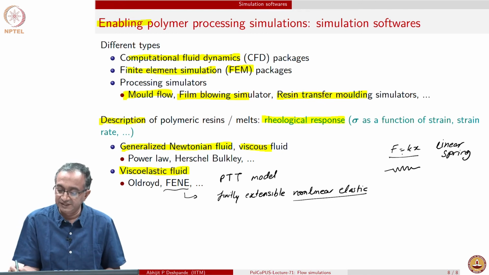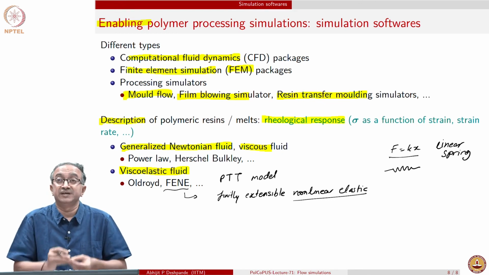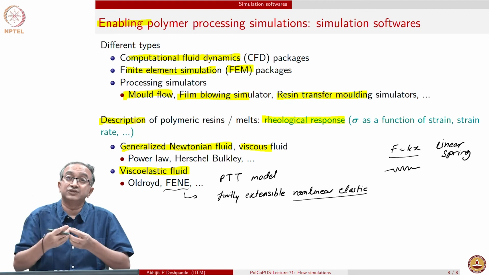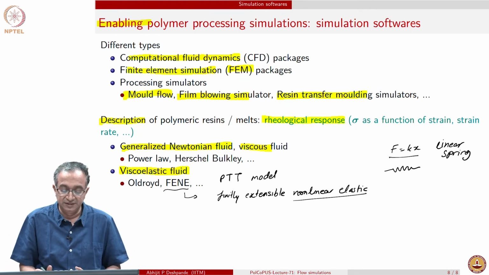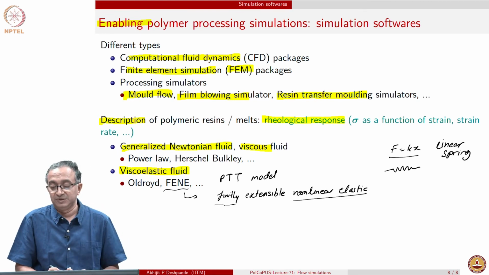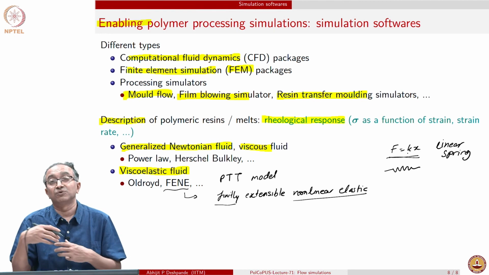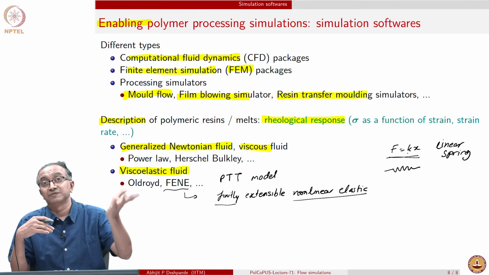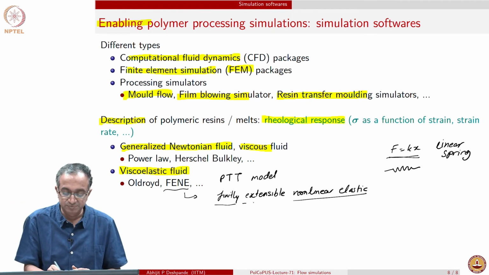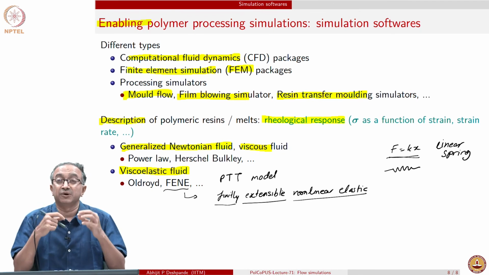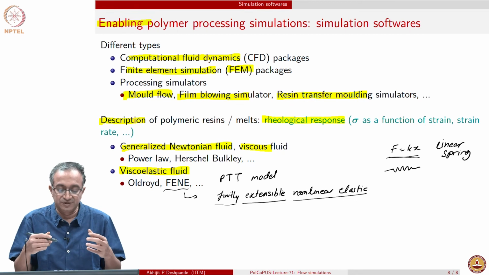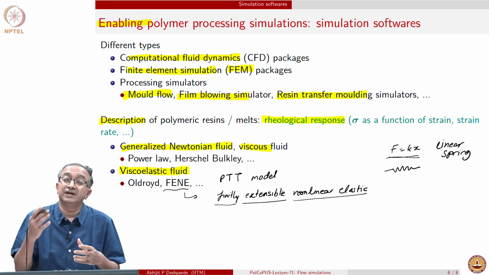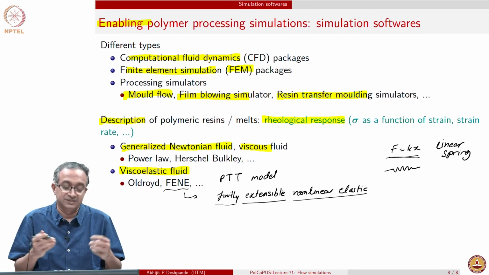So, we then use a nonlinear elastic spring, in which case the force increases as you go towards the maximum extension possible for a given segment. That is the reason for calling it finitely extensible. A linear spring implies that x can go on to infinity and only then will the force become infinity. What we say is, because of the finite extent of the polymer, it can be extended only up to that extent, and therefore the force will go very high whenever this extension is reached.